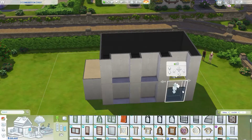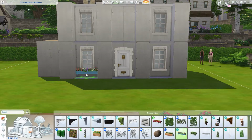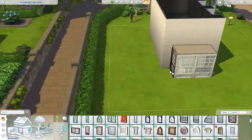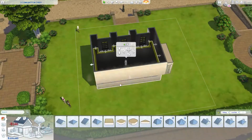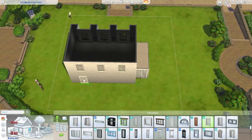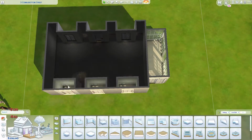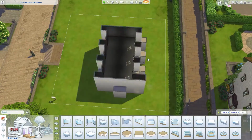So today we are still building in Hanford on Bagley, because this is one of my most favorite worlds ever. I mean, the world and the pack and everything is just gorgeous. So I decided to do another family house, but today we're building in a smaller-ish lot. This is a 20 by 20 lot in the downtown area. What is the lot name? Cobble Bottom Street? 3 Cobble Bottom Street, I think. So the lot itself is not that big, but I decided to do a